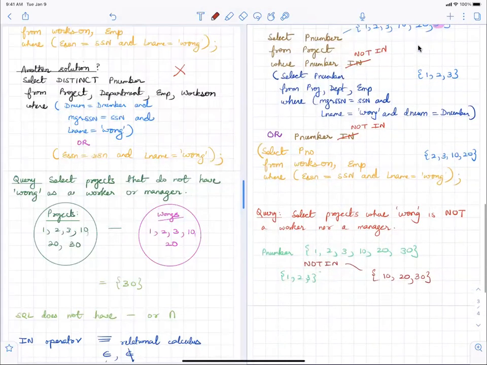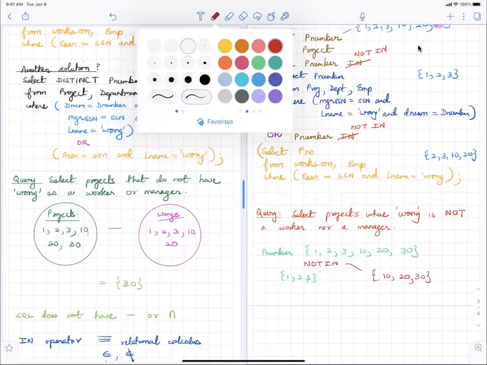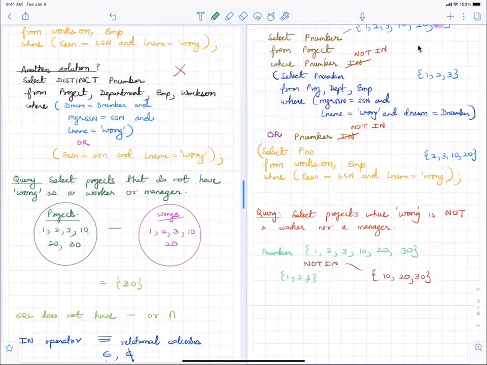So that's what you get. Or we are saying or P number not in. Now I'm going to the second part, or P number not in. For the second part, we have to look at this set: 2, 3, 10, 20.